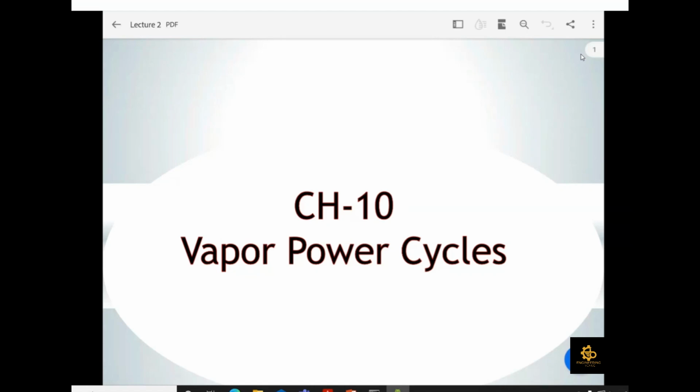Okay, so now this is your chapter number 10, vapor power cycle. So you have to follow your book as well. This is from your book, which is Thermodynamic Approach by Singer. Okay, so first I will